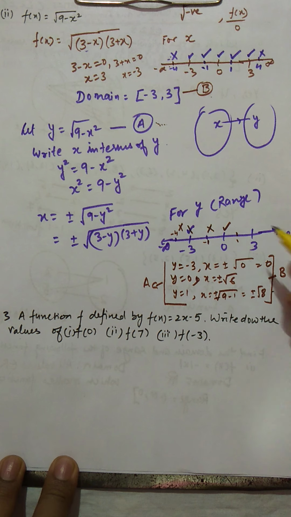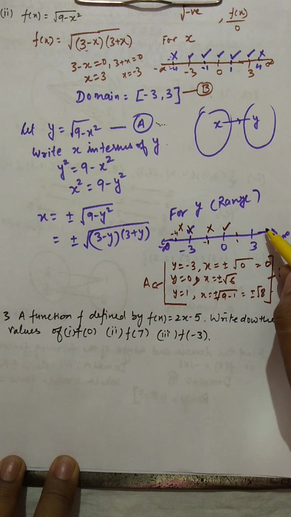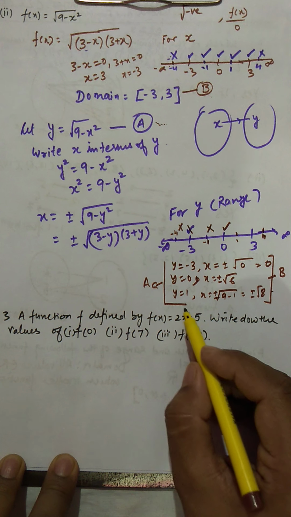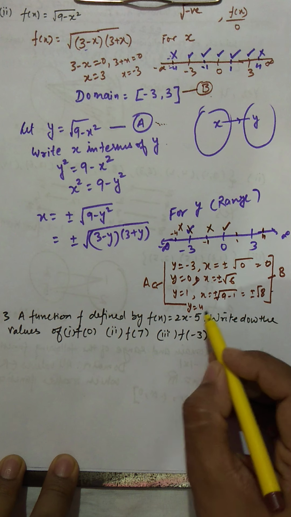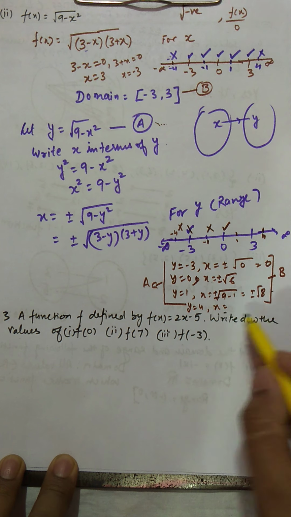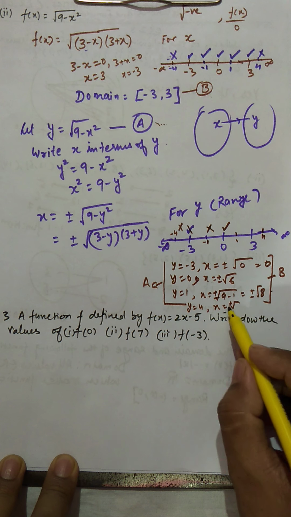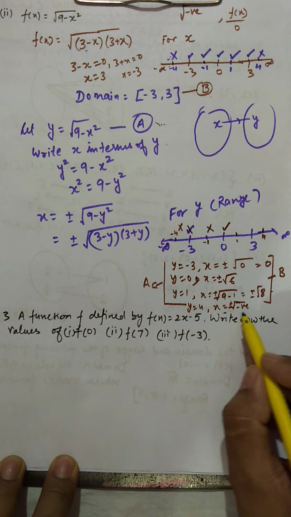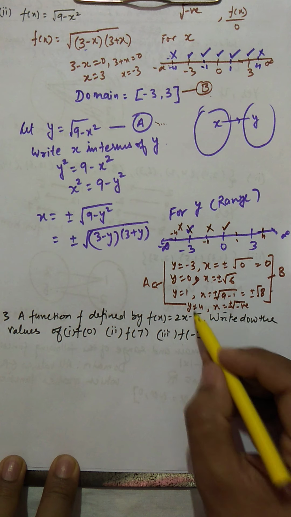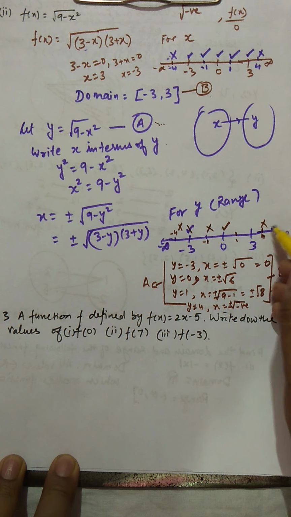So now we have come to know that these values are possible. But if I take y equal to 4 from this interval, then your x will be negative, plus minus some negative number will come inside the square root. So that is not possible. It means you cannot take this interval, so you may reject this interval.